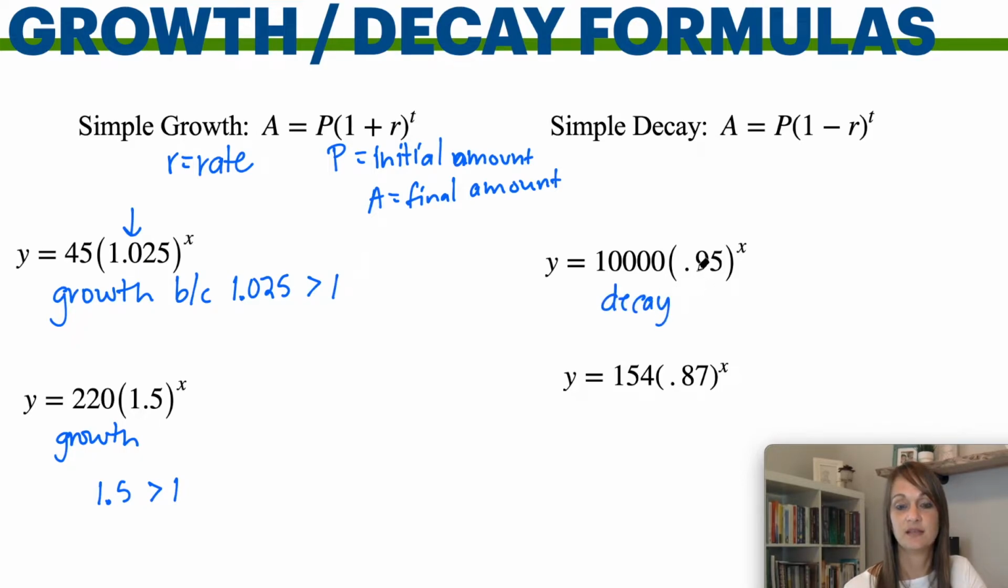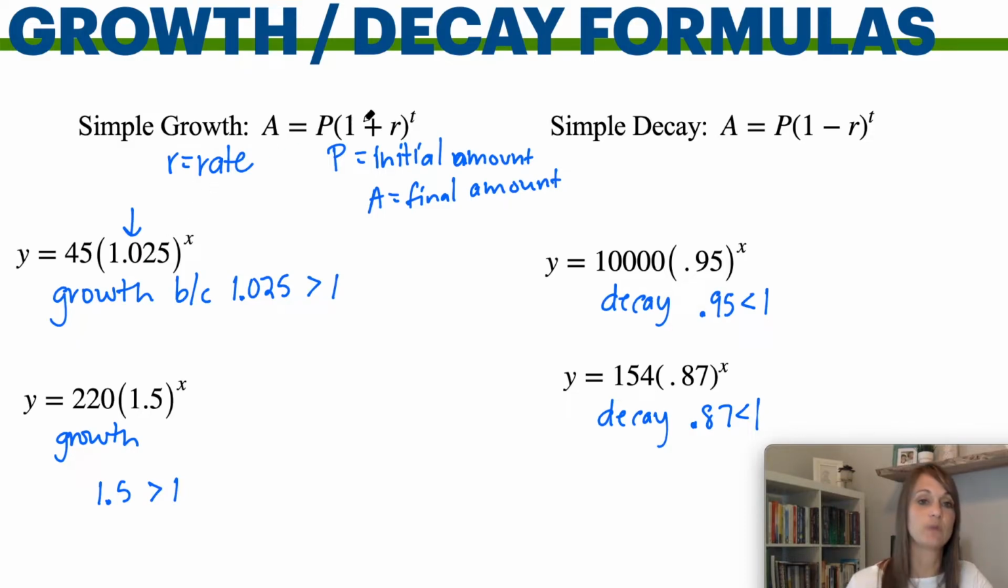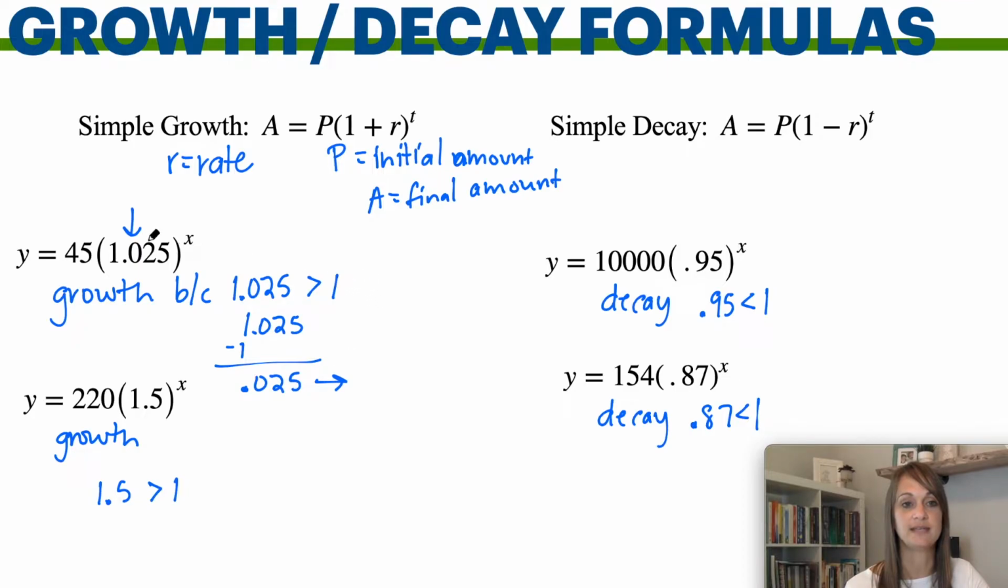Why? Because 0.95 is less than 1. Same thing here. This is also a decay because 0.87 is less than 1. Now, we can actually talk about how much it grows or decays by. If this number is represented by 1 plus r, then we know that we can subtract this from 1 and we will get the amount of growth. So 1.025 minus 1, obviously, is 0.025. And you always represent growth and decay normally as a percent. And so if you move the decimal place, then you would say, in this case, this grows